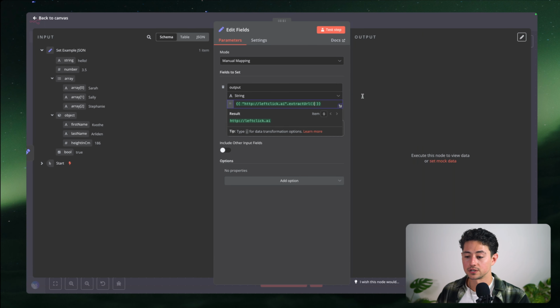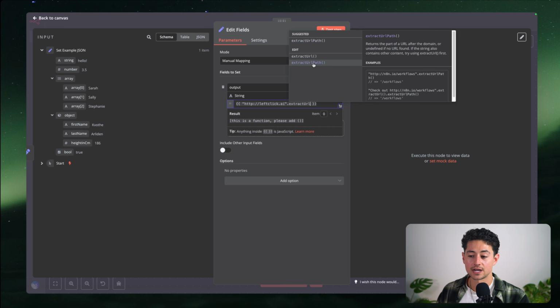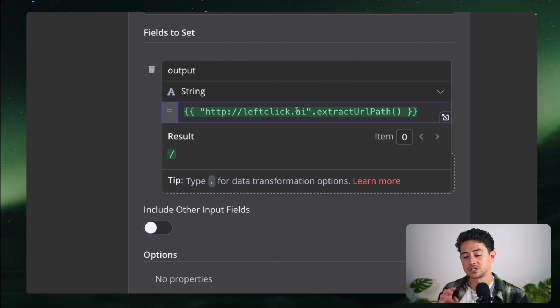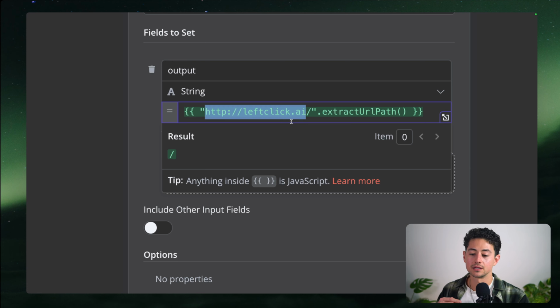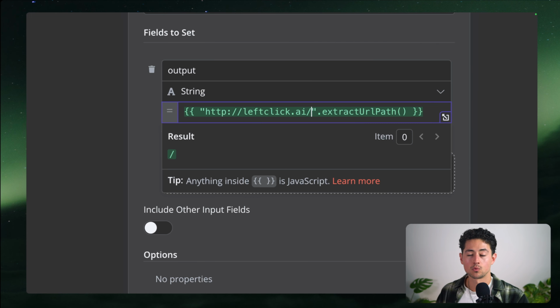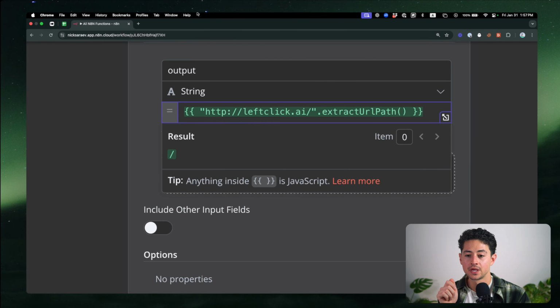And then from here, what I want to do is show you the last one, which is called extract URL path. The way that extract URL path works is, as opposed to getting the URL itself, which is everything before this line if I put a slash here, in the HTTP protocol they call everything after this first slash the path. And a lot of the time, websites and services will actually store a ton of important information after that slash. If I show you guys what this looks like on N8N in particular,